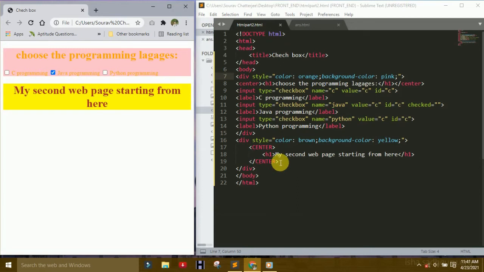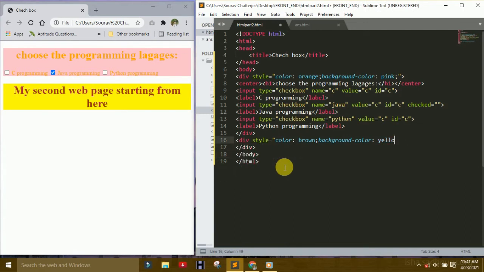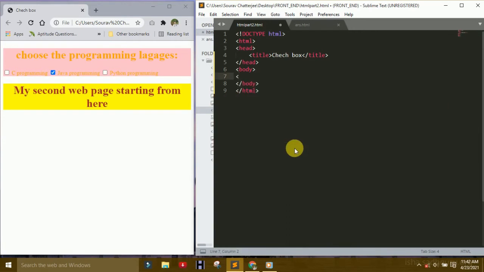So now I start. You know what is input, what is div, what is checkbox. So now understand what is form. Okay, form is the HTML format which collects the user input. Form is used to collect user input.